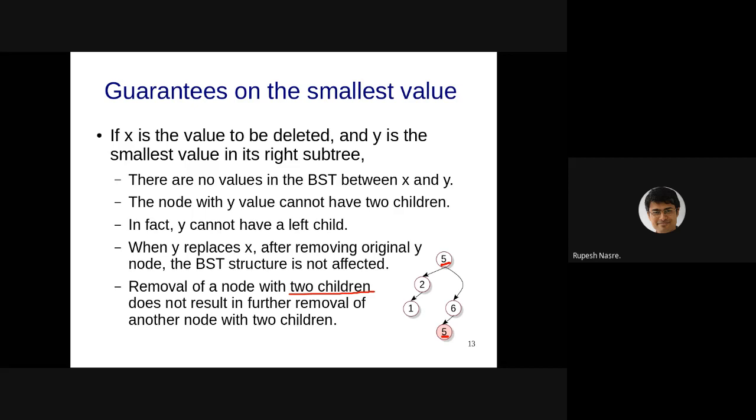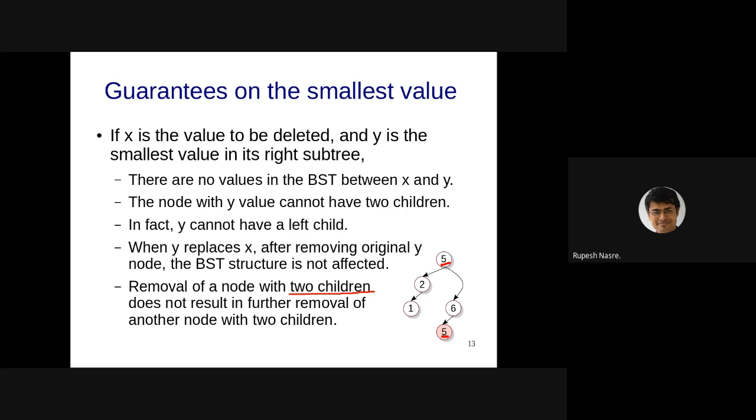But since there is nothing in between 4 and 5, similarly 2 and 4, if you replace 4 with 2 or replace 4 with 5, still you are going to maintain the sorted order, right? If you do an in-order traversal. I'll give you a larger example and hopefully this will become clear. But if you have that question, please feel free to ask again at that time. I'll come back to this.